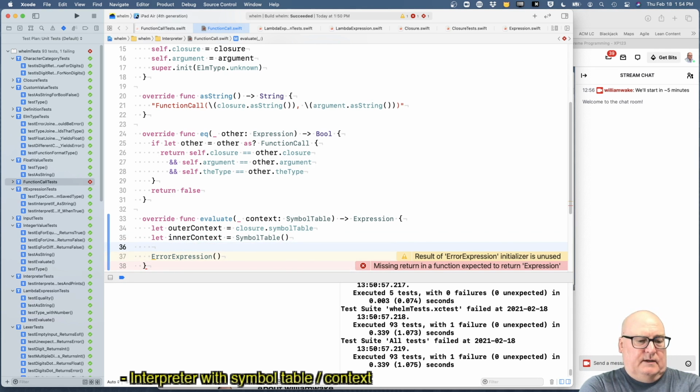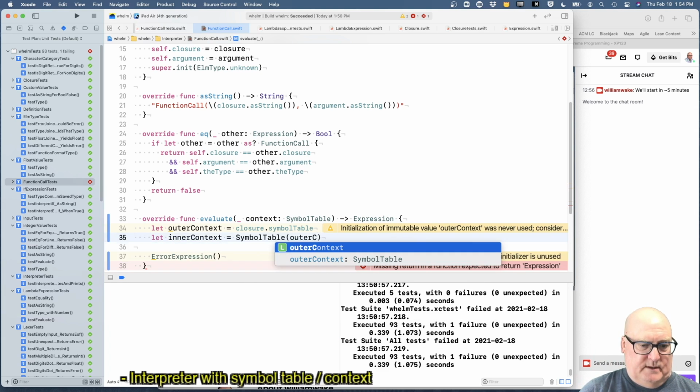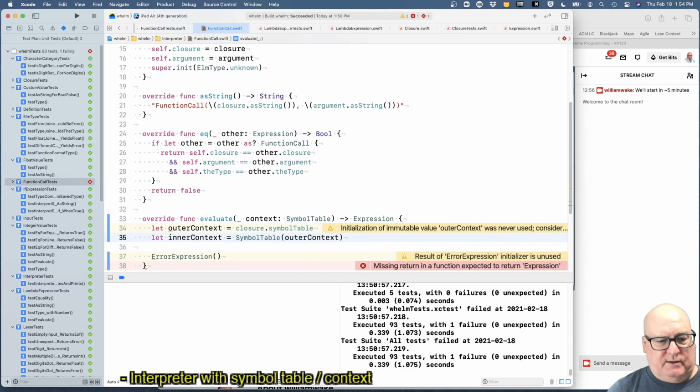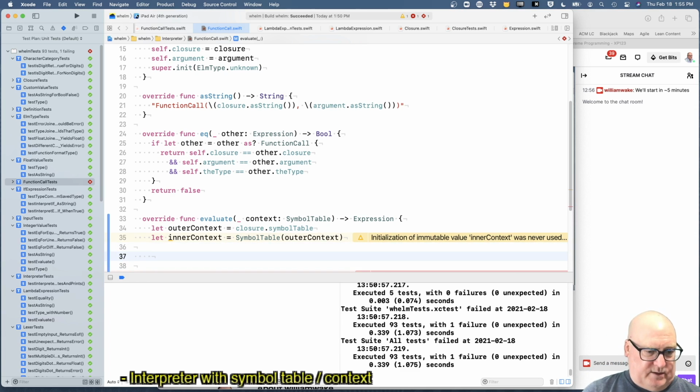Okay. Now outer context not used. Okay. We want to pass that in. So that's how we get our chain of responsibility. We'll look first in the inner context and then in the progressively outer contexts. Okay, so now we have a good symbol table. That's our environment. We need to add to our symbol table